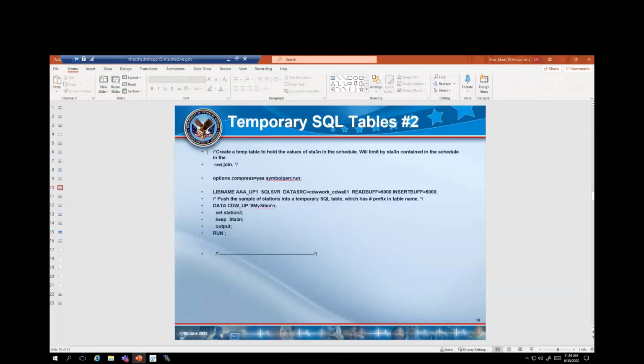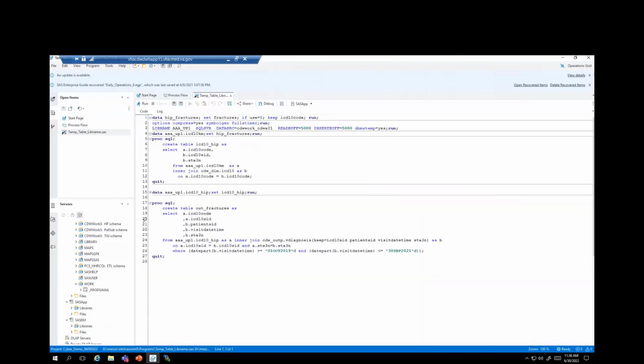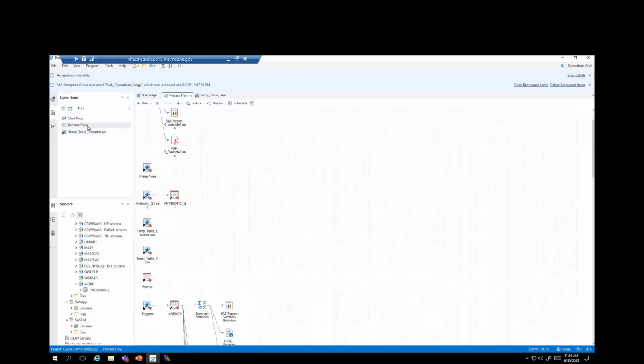We'll page down, and we create a temporary table. And it's essentially the same concept, but a bit different. When I create this, I'm creating, this is an error, it should be AAA up, and I'm creating something called My Sites. And all it is, I'm just keeping from my SAS code, station 3N. So if we come back down, and we go back to our process flow, and I look at temporary table 2,